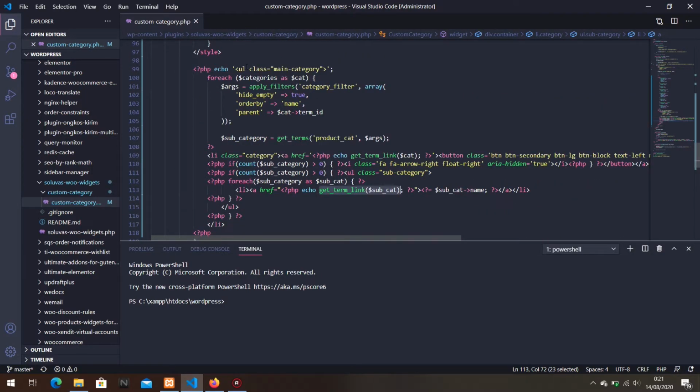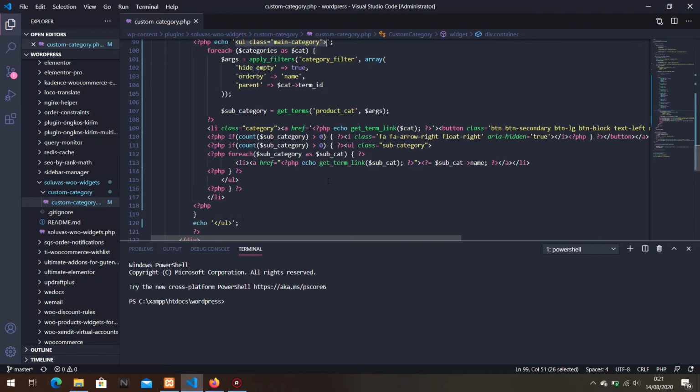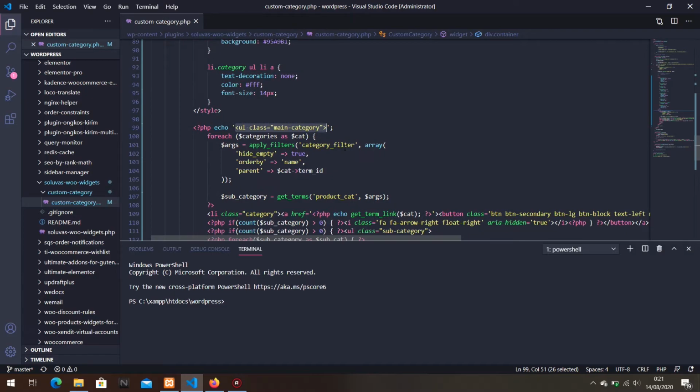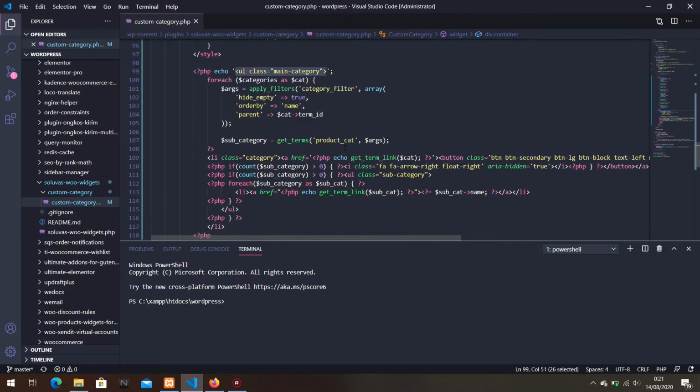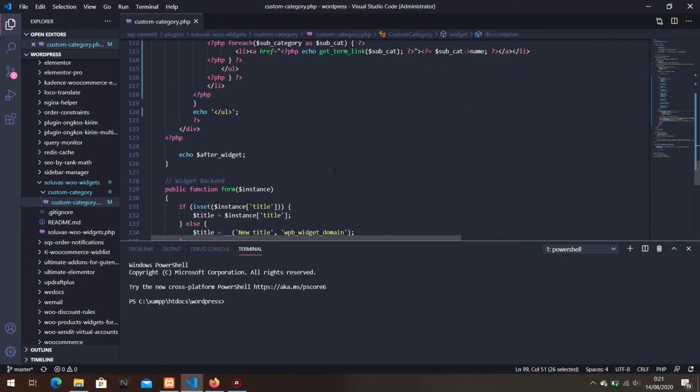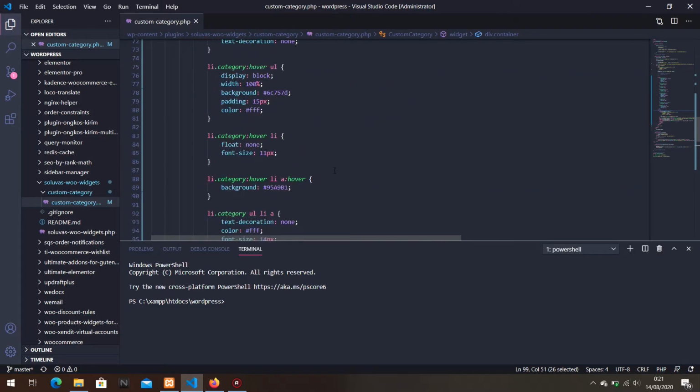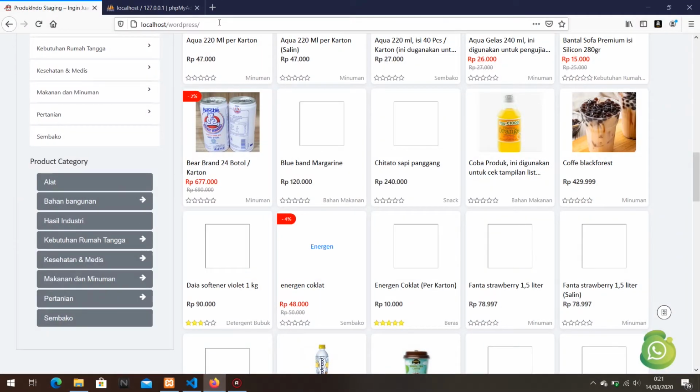Don't forget to make the UL tag to cover our main category and our subcategory. Okay, there it is. Let's check our plugin. And if the category has no product, it won't show the arrow. Okay, if we click in here,